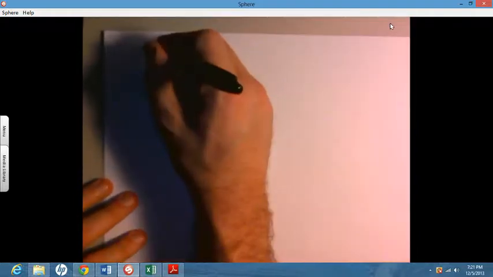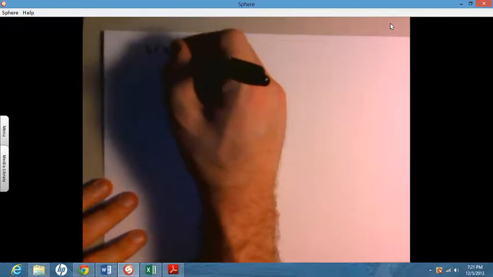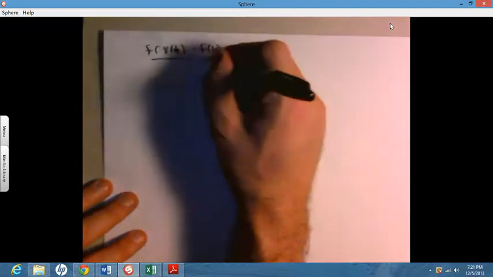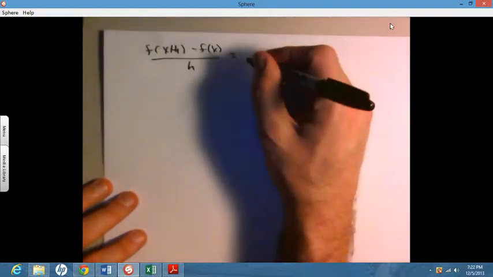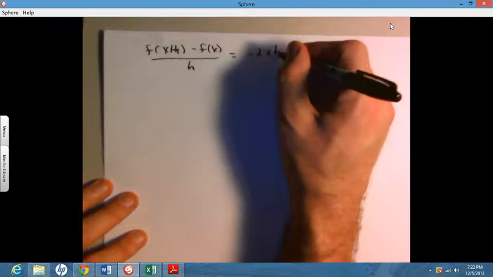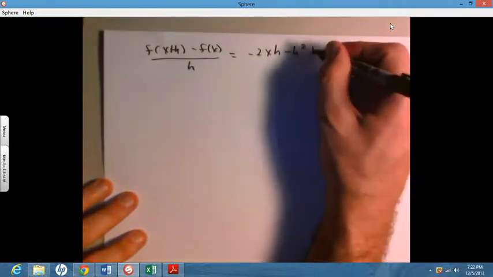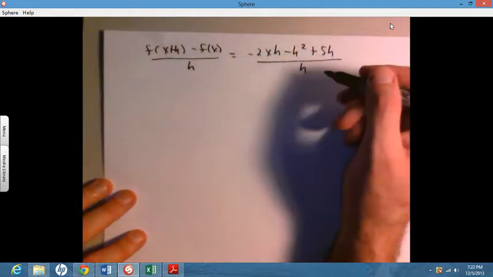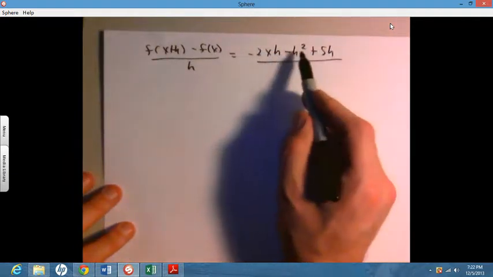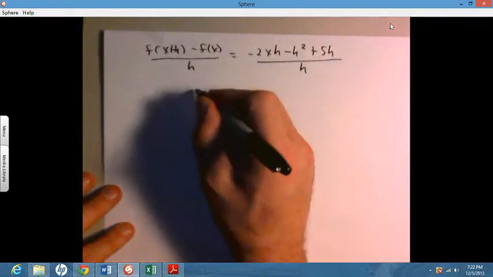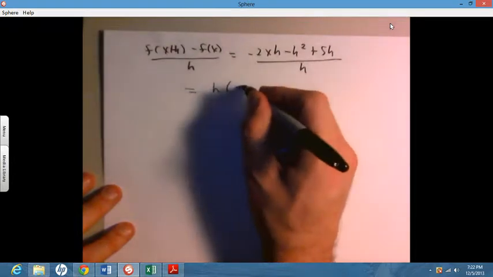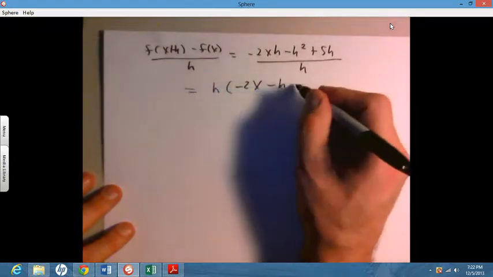Okay, so from the previous page, we have f of x plus h minus f of x, divided by h, is equal to negative 2xh minus h squared plus 5h, divided by h. Now what I'm going to note is each of these terms has an h in common, so I can factor the h out. So this becomes h times negative 2x minus h plus 5